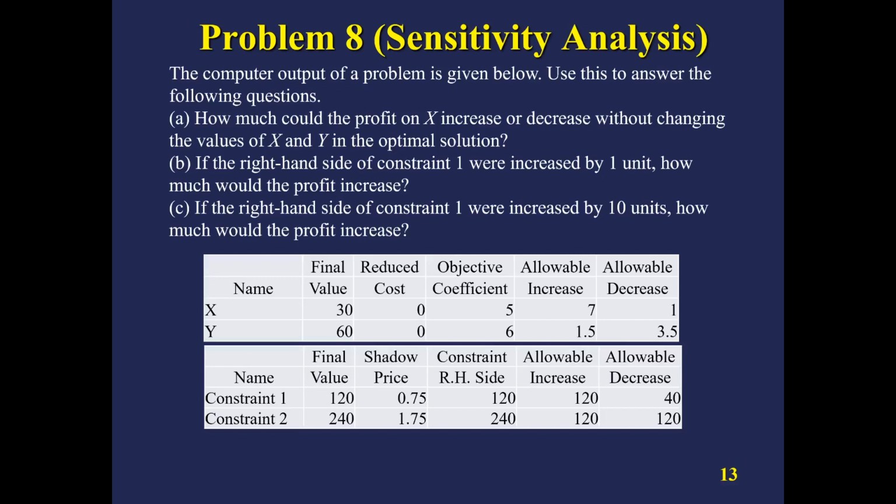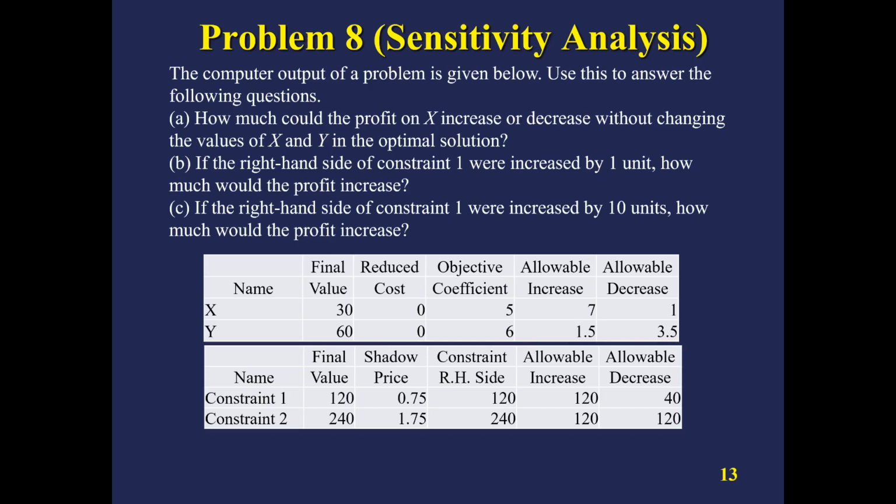Let's continue. The problem number 8 is related to sensitivity analysis. The computer output of a problem is given below. Use this to answer the following questions. How much could the profit on X increase or decrease without changing the values of X and Y in the optimal solution? Now we have two tables, and the first table is the sensitivity output